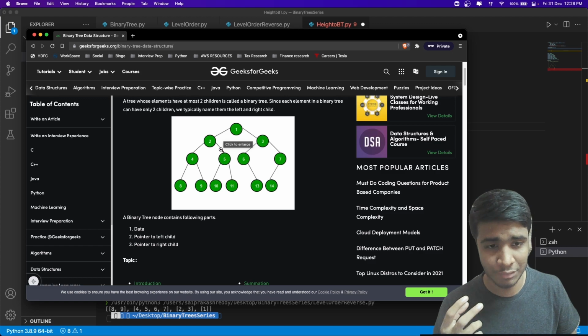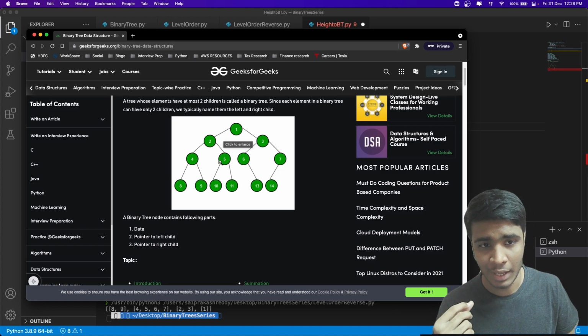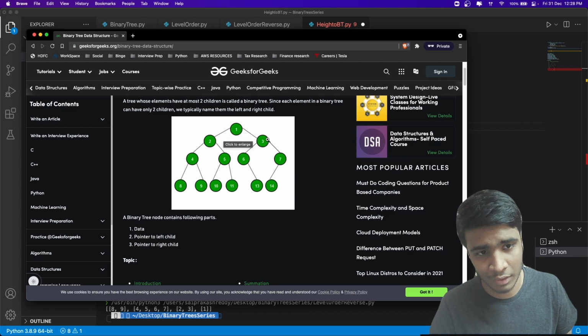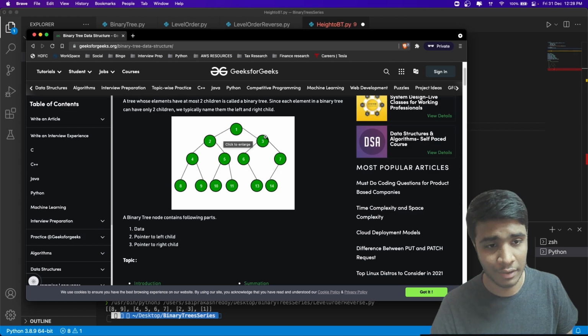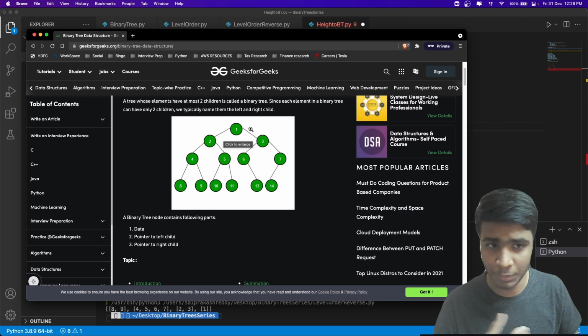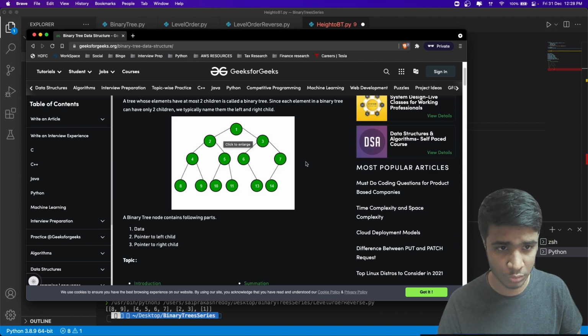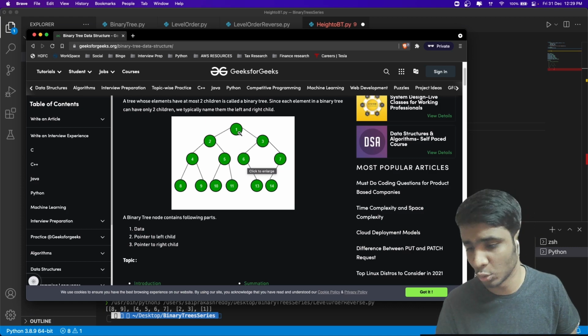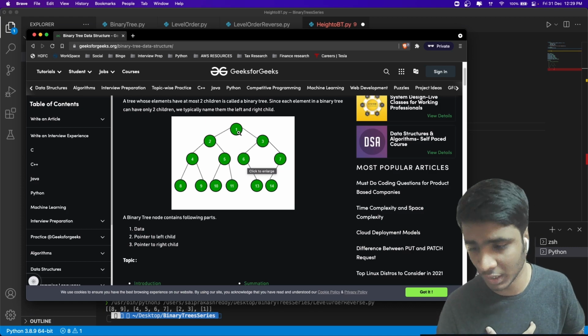You can find the height of the left subtree and add 1 to it. You can also find the height of your right subtree and add 1 to it. That would be your height. So the basic idea is that the height of the root is the maximum height among this subtree and this subtree, and add one to that. That would be the root's answer, right?